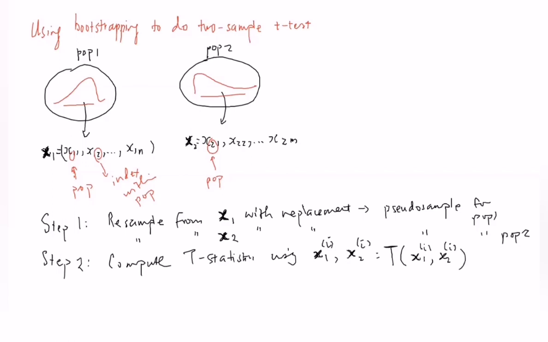For example, it will be something like this: you could use this form over the square root of s1 squared over n plus this. This is the formula for the t statistic